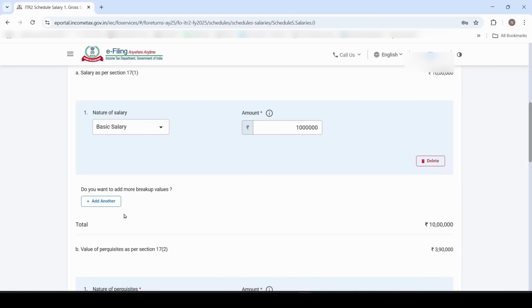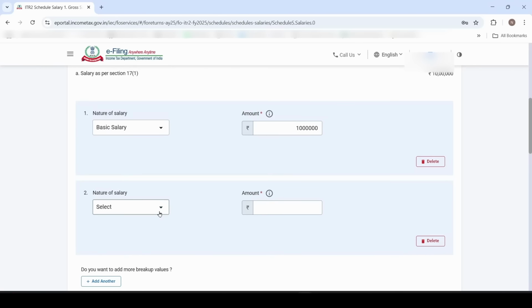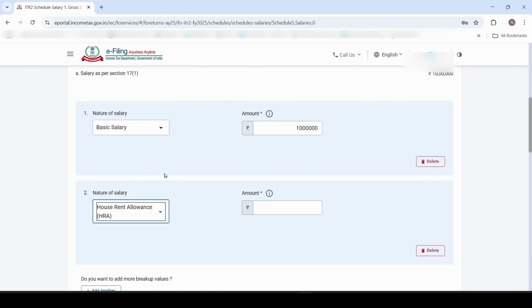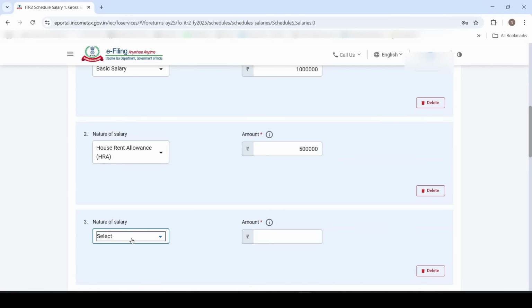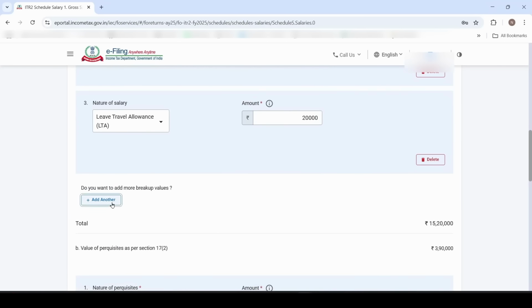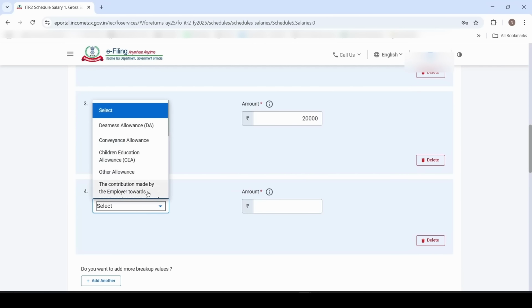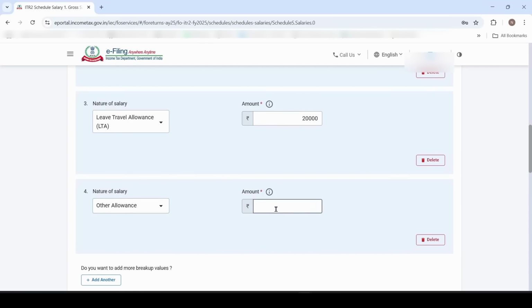For providing breakup, click on add button. Next is HRA. So our HRA is 5 lakh. Click on add. For LTA, our LTA is 20,000. Click on add. For other allowances, so our other allowances are